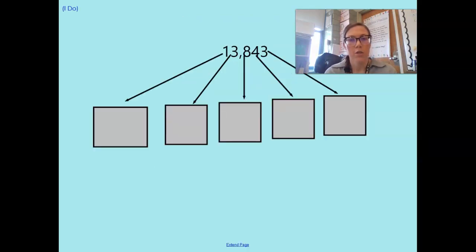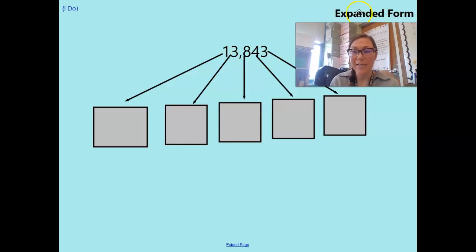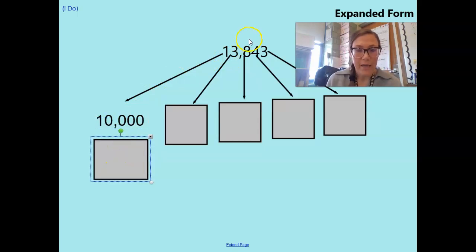Here we go. So we have the number in standard form. The way it's written is 13,843. Now, if the directions tell me to write this in expanded form, that means I'm going to stretch the number out into its place value. So first I look and I see that this front digit, the 1, is in the 10,000s place. So the 1 is not the value of 1, it's the value of 10,000. Now I look at the 3, and the 3 does not mean value 3, it means the 3 is really